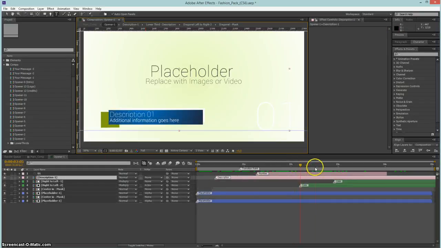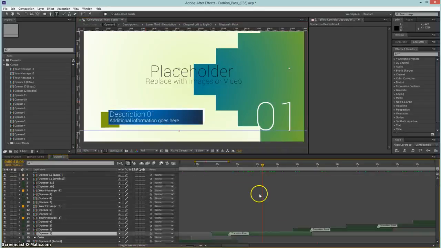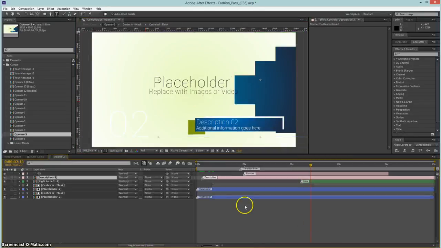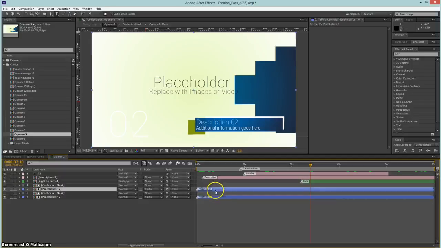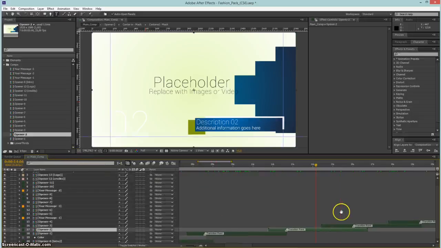So this happens to all the comps. It's a structure which repeats itself. Let's go to opener number 2. As you see, the same happened to the blue placeholders and the description layer. So after these openers,